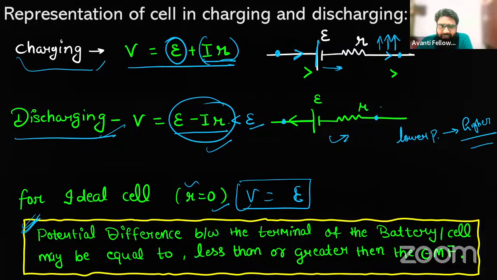What do you mean by ideal cell? An ideal cell is that whose internal resistance is zero. That really does not exist. ठीक है? This is for the idealization. What is frictionless surface? This is also the idealization. There is no such surface that exists. Clear है? चलो, चलो नेक्स्ट पॉइंट पे मूव करते हैं।